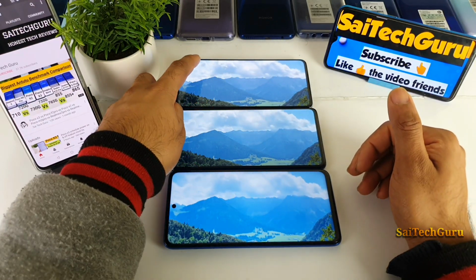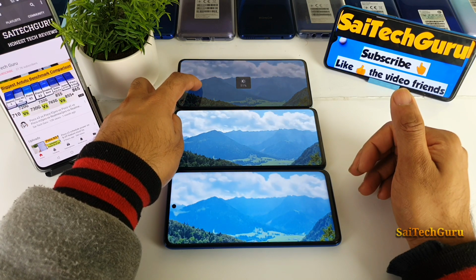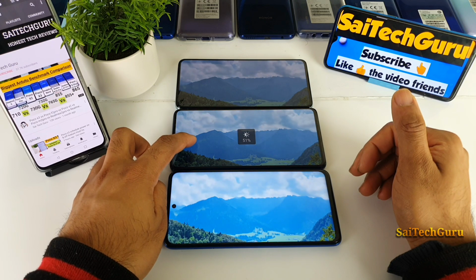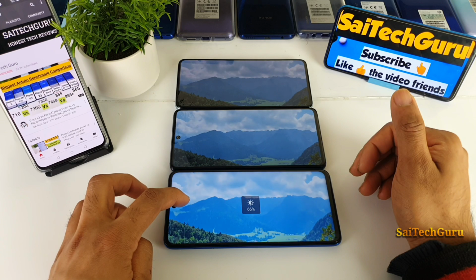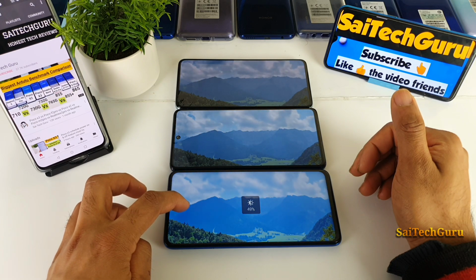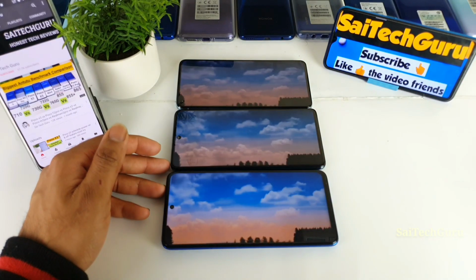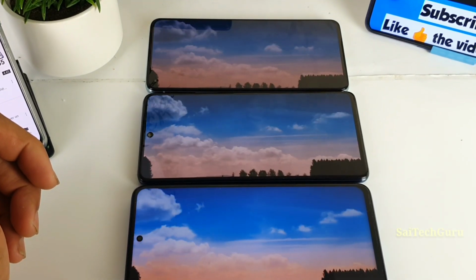Now let me decrease the brightness on all the smartphones to exactly 50%. Let's see which phone has the better viewing angles and display at 50%. Let me zoom in a little bit.